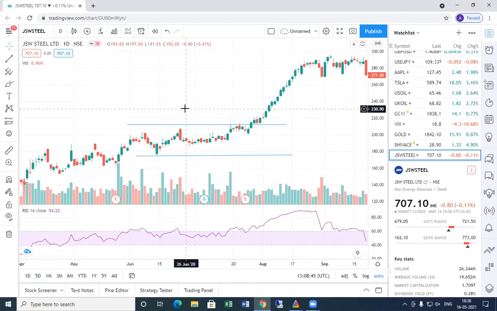Today I will backtest a strategy in which I will code two Donchian channels of two different periods. Let's say one is for 20 periods and one is for 10 periods. I will buy when I get a close above the 20 period Donchian channel and exit the long when the price crosses below the 10 period Donchian channel.